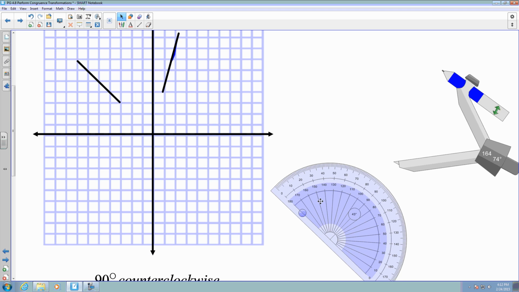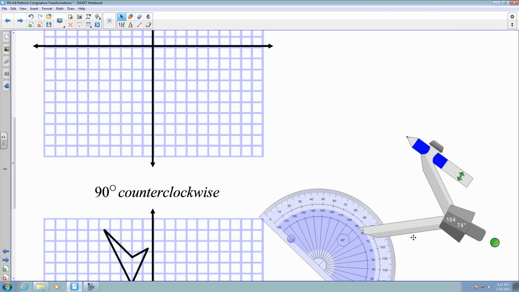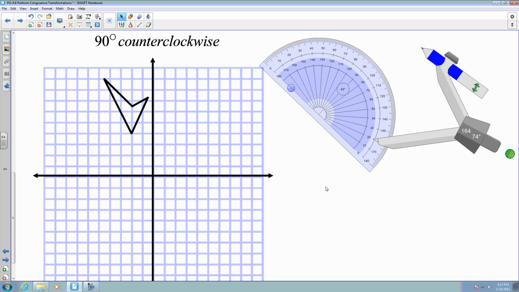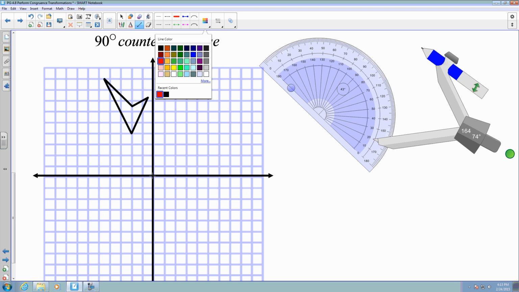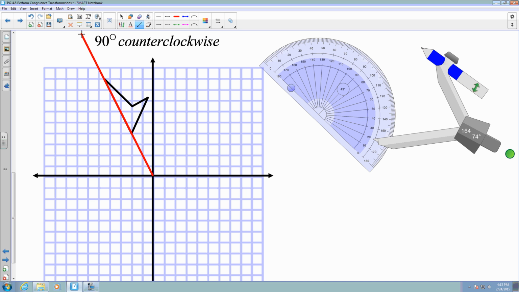Finally, in this example here, I'll bring my compass and protractor with me. I have a figure that I want to rotate 90 degrees counterclockwise. All we're going to do is the exact same thing, with the fixed point still at 0, 0, but I'm going to make an extending line to all of the endpoints. So this endpoint strikes the whole line, and then I have an endpoint right here, which I'll extend, and finally there's a third one which is going to extend to this point. So I'm going to have to make 3 passes in order to find my new rotated